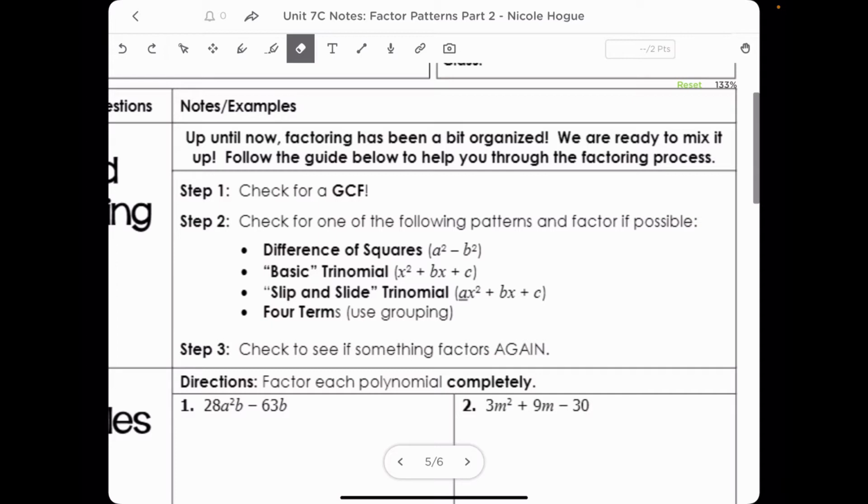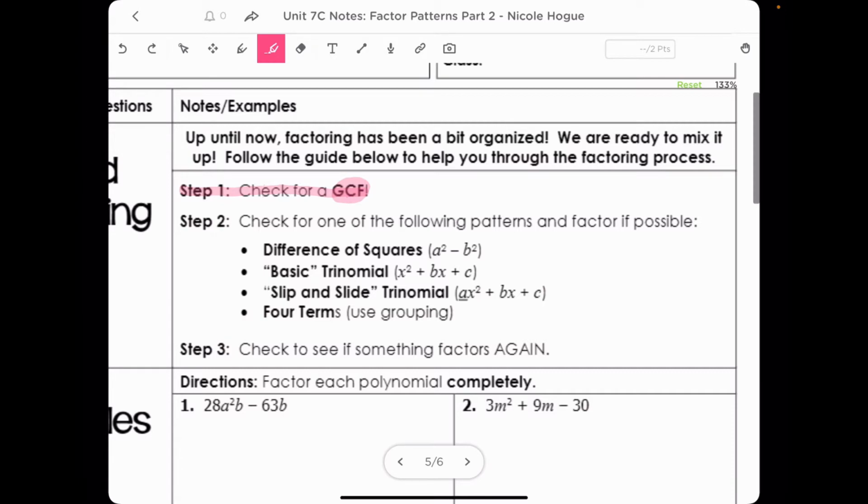All right. Now, what we're going to do here is we're now going to be mixing these up. So we want to follow the guide, the 3 steps below, to help us. The very first thing that we always want to do, which I've told you in the past, is check for a GCF. So you always want to check to see if there is a greatest common factor that you can factor out